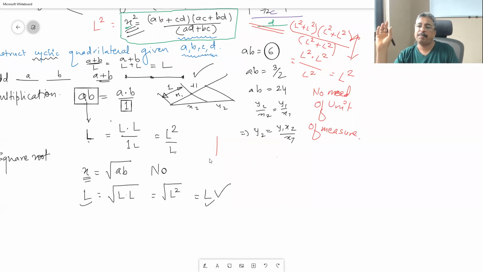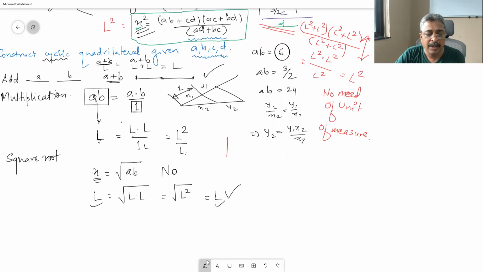We don't require a unit of measure, but if you solve this problem using a unit of measure, no two quadrilaterals are going to be congruent. And there is, of course, a unique solution for this problem. If we are supposed to construct cyclic quadrilateral ABCD in that order, then there will be only one quadrilateral which will satisfy all these requirements. Therefore, if we want a unique solution, we might as well construct a diagonal without taking a unit of measure. So let me write down that x square